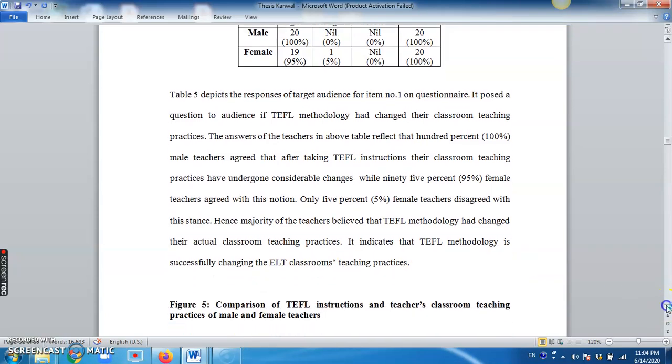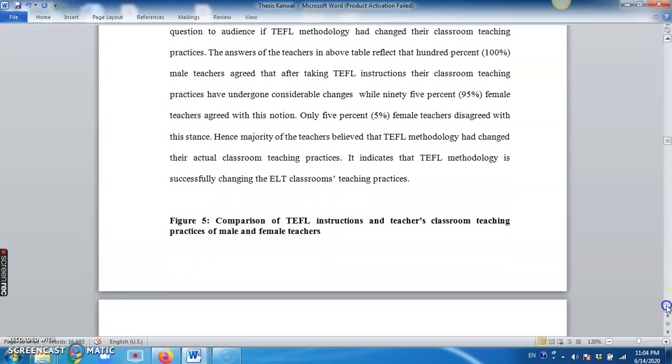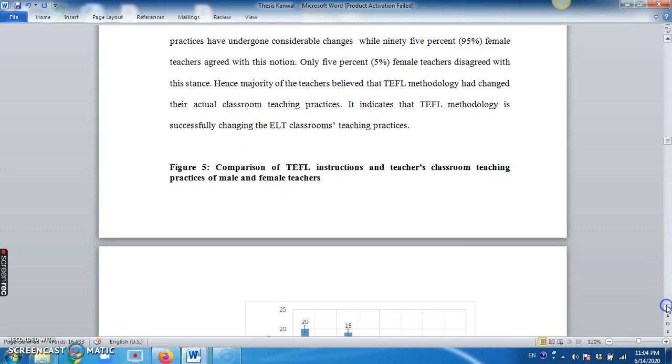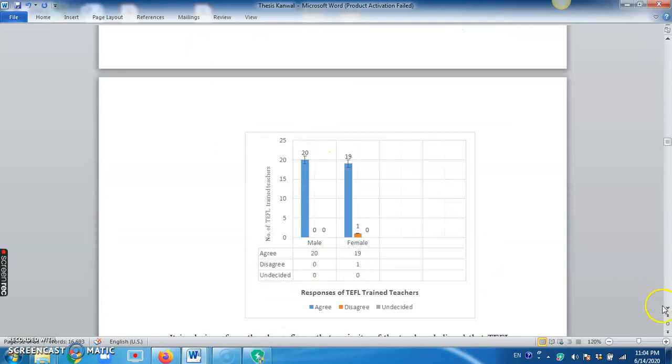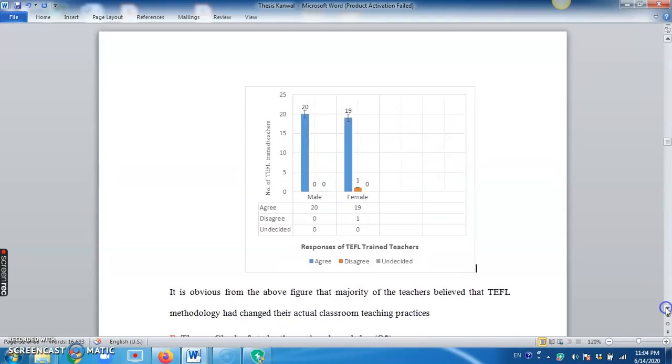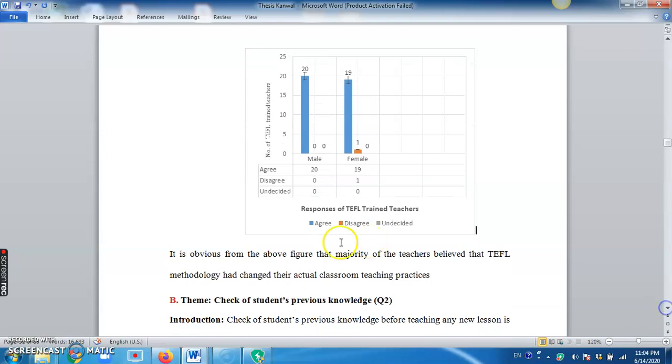Each item related to objectives should be given like this: a heading, then a table or bar graph, then agree, disagree, undecided, male, female, the bar is shown, and then some discussion. So in the next video I will simplify it and then I